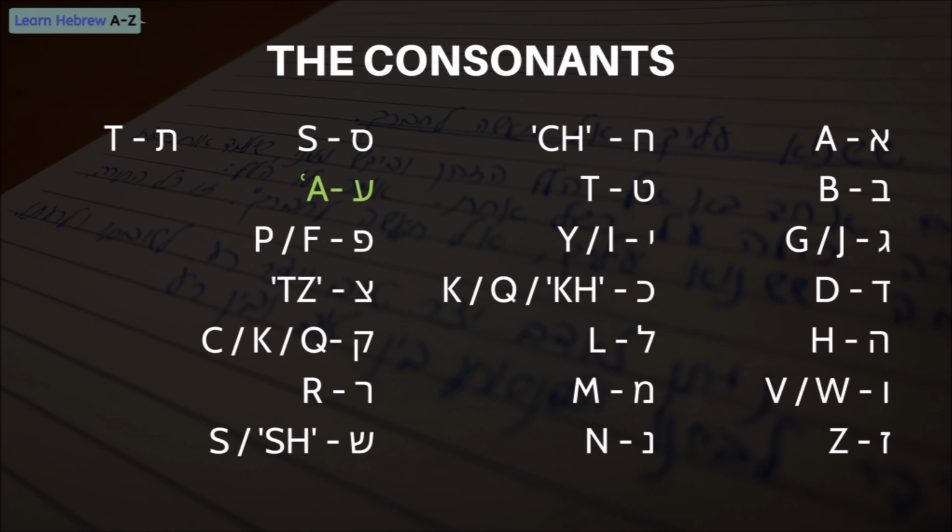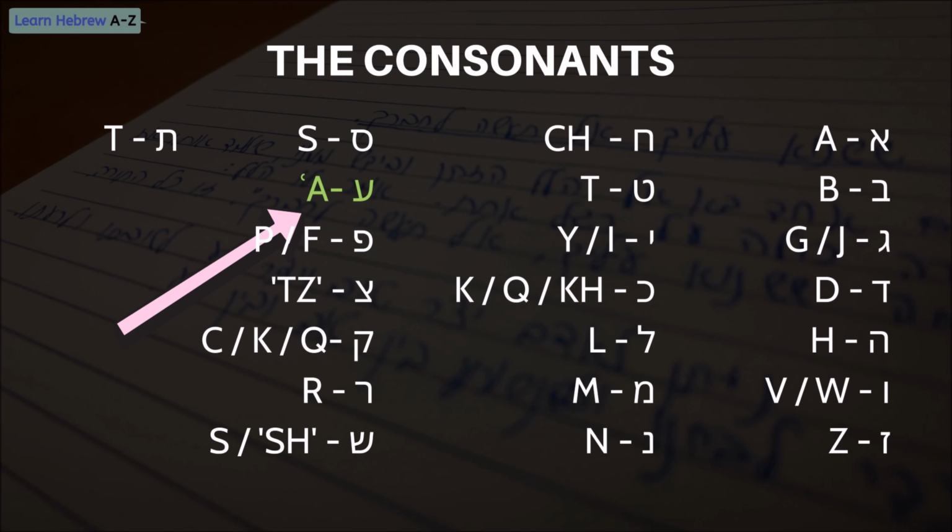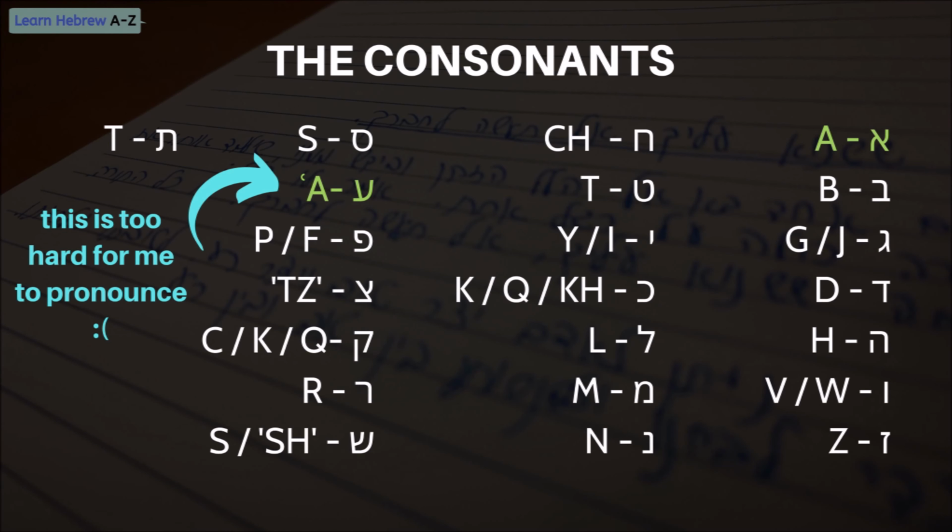Notice the letter Ain. It is colored green in the list. The letter Ain doesn't have a matching English letter. It can sound a lot like the letter Aleph, but with a guttural articulated emphasis. For example, the letter Aleph with the vowel A creates the sound of A. The letter Ain with the vowel A creates the sound of A. Sorry for the heavy accent, I'm just trying to emphasize the pronunciation. Ain can be decorated with any vowel. If you find it hard to pronounce, just stick with the letter Aleph pronunciation.